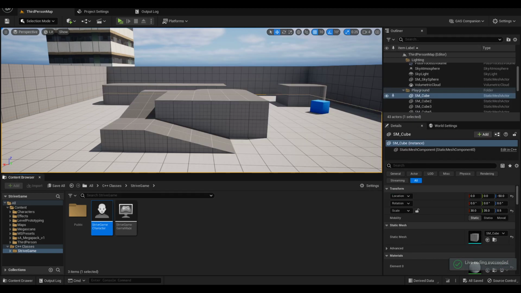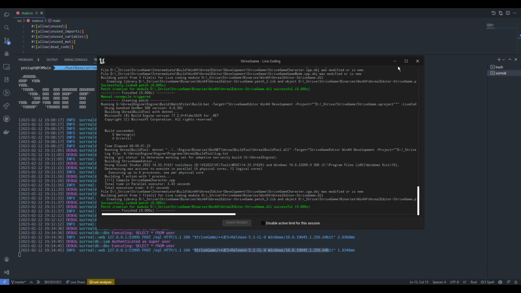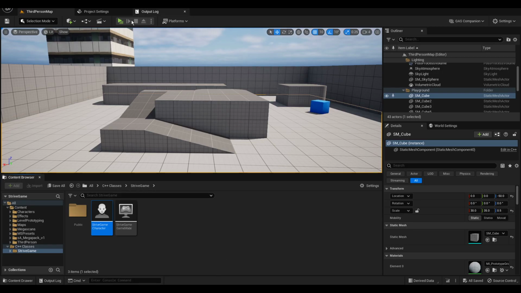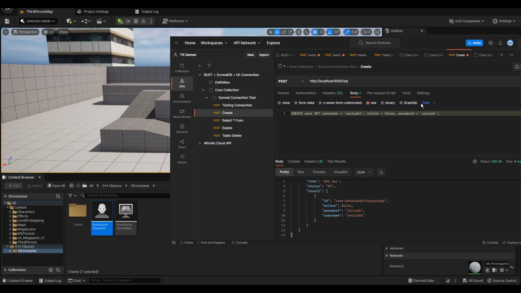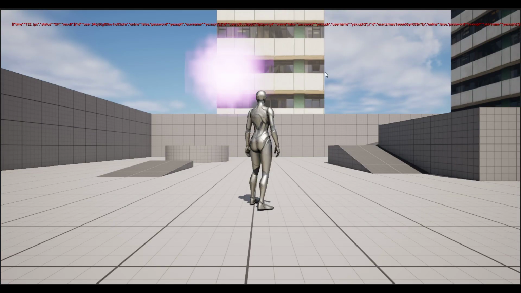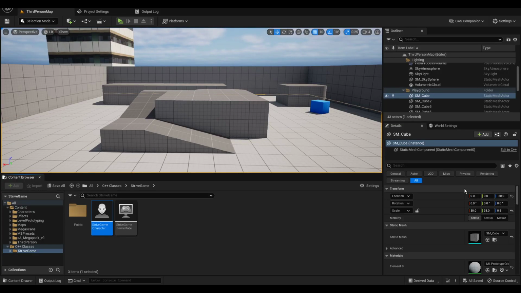And as you can see, we're logging from the Surreal that it's actually from the Strive game UE5 release 5.1. That is Windows, and see, it's very fast. I don't know if it's just because I'm on localhost, but if we update something here, create a user tree, and we post this, then we should see this when we begin play, and we have the Yashu PH3 there. So yep,